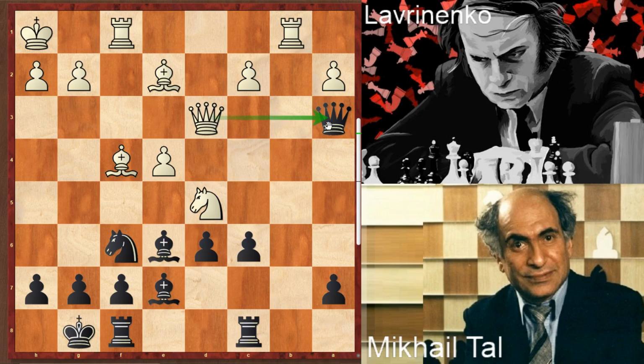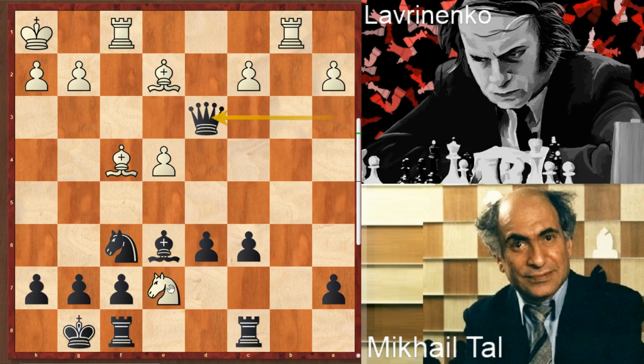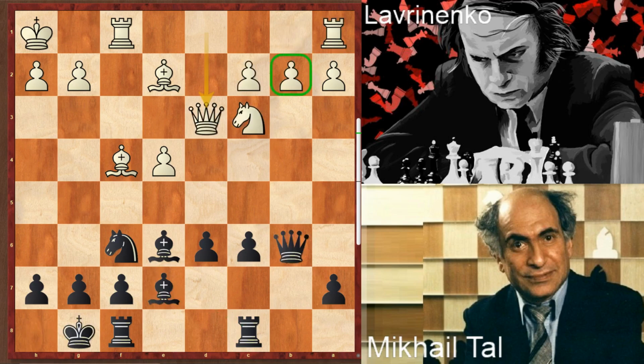So what can Tal do in this position? The best move is simply to capture this queen, and after this in-between move, knight takes e2 check. After the king moves, he grabs the queen and the white side is so much ahead. So that's why in this position Tal didn't capture this poisoned pawn. Tal plays simply rook to d8,